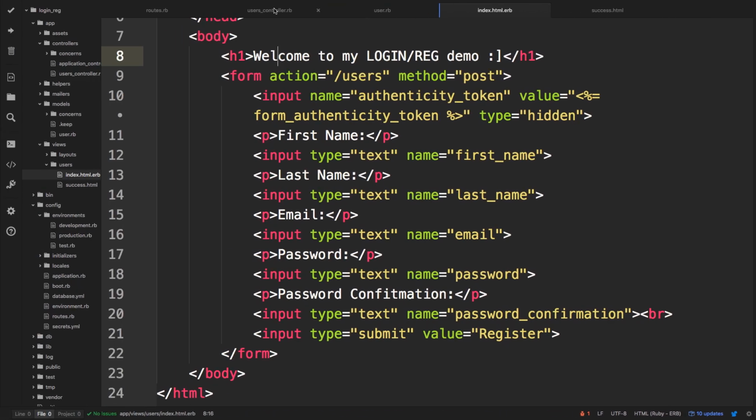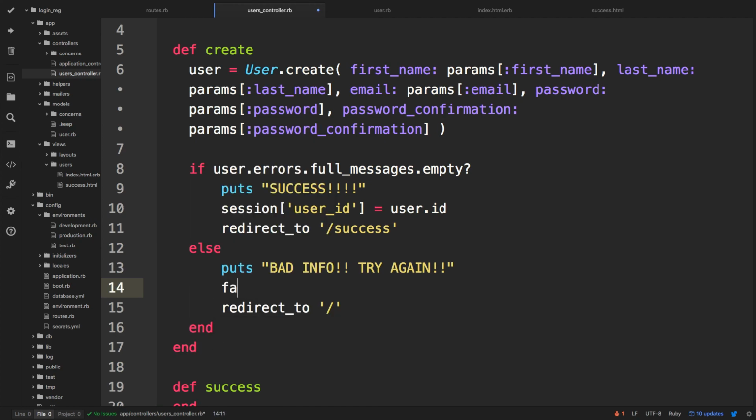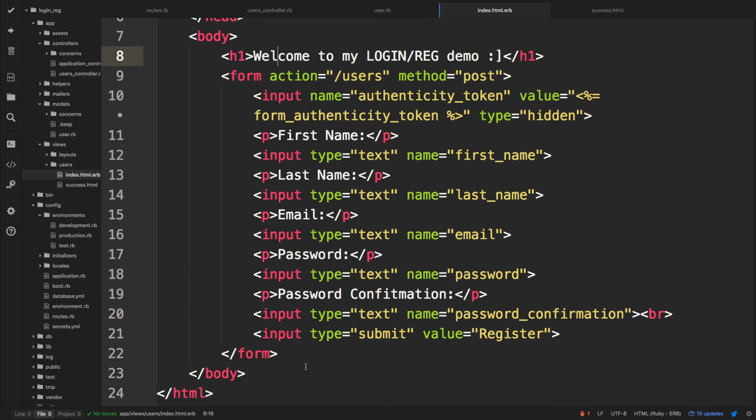Put in your application view, layout view, flash errors equals user.errors. So in my flash, you want me to store my error messages? Like this? Okay, so then in my index.html, I can do something like